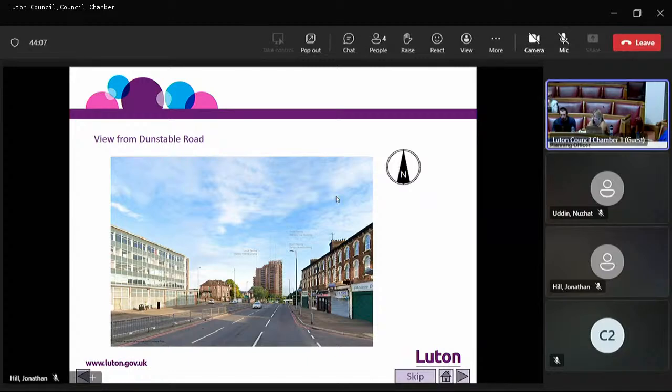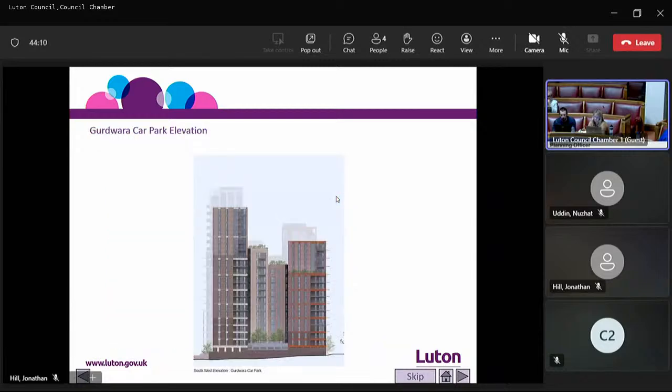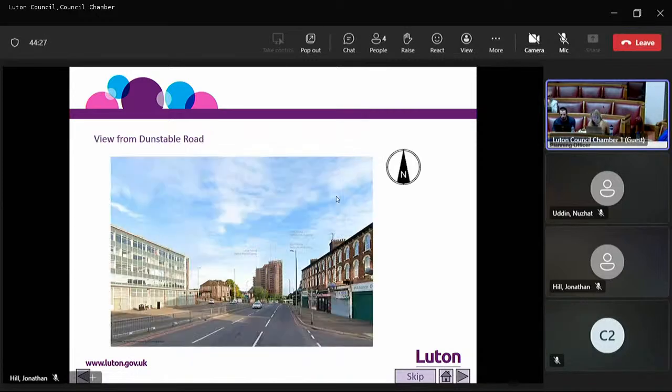It is also important to recognise that 21-storey flats have recently been approved in Castle Street and Cumberland Street, and 23 stories have recently been approved by committee at Napier Gateway. In terms of assessment, currently the council does not have a 5-year housing land supply of deliverable housing sites. This means that the relevant local plan policies relating to housing land supply are considered out of date and cannot be relied upon. As such, in accordance with the NPPF, the tilted balance must be applied in making a decision on this application. The delivery of 291 flats in this instance is considered to carry significant weight in the decision-making